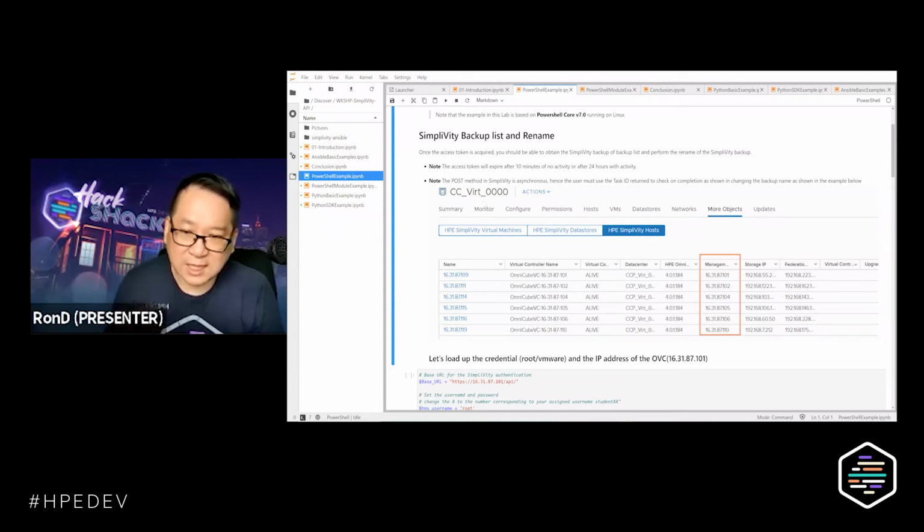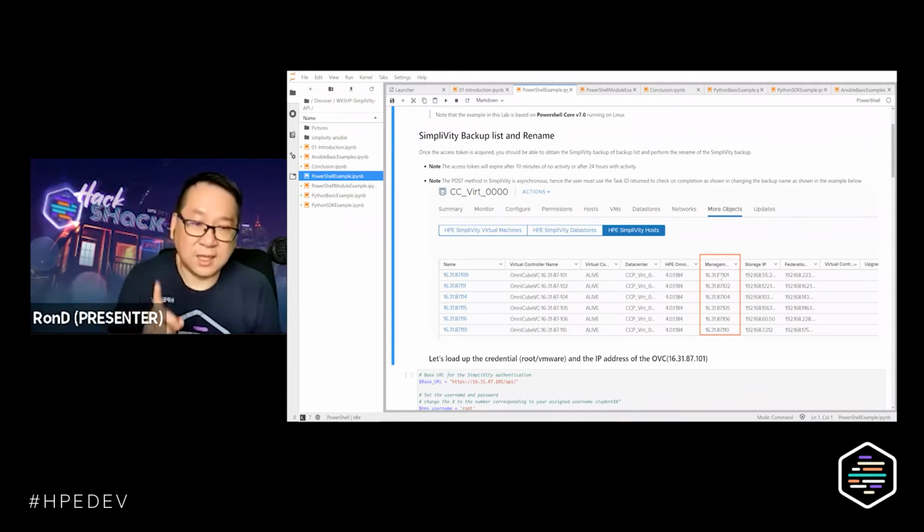So let me repeat that again. From your cluster, I'm sure you are familiar with VMware administration, right click, go through More Objects, and then click on this HPE SimpliVity host. Then you will see the list of IP addresses, which is the list of management IP addresses for the OmniStack Virtual Controller. You can use one of them.